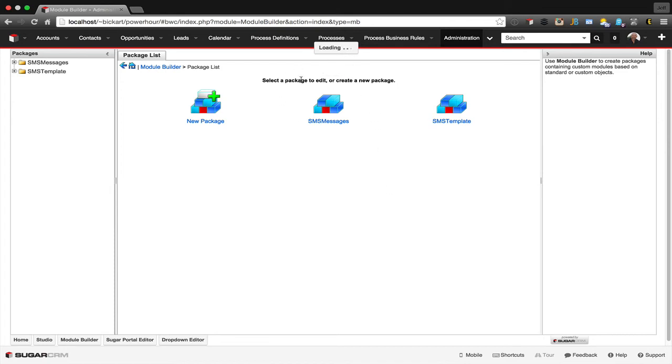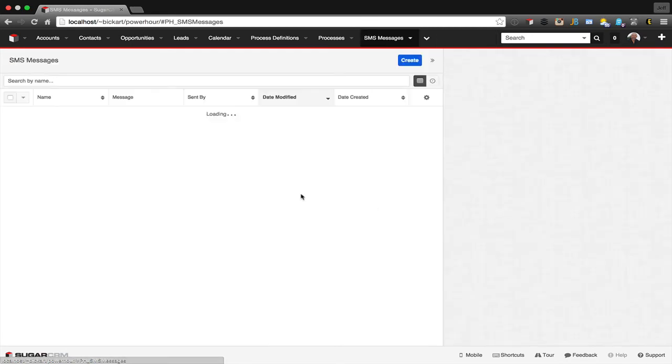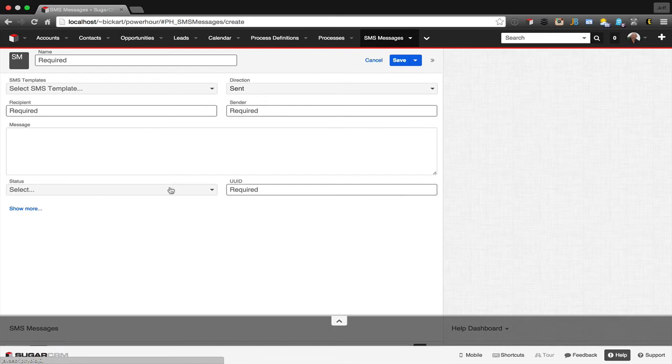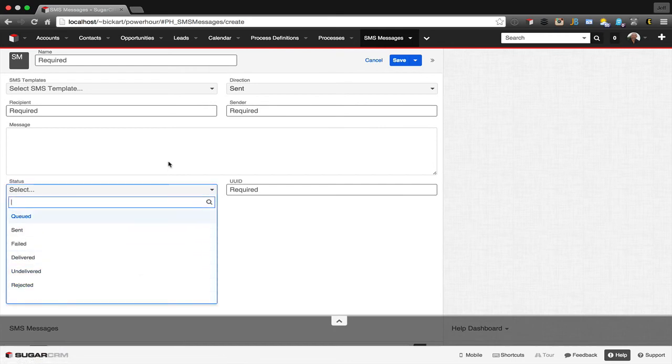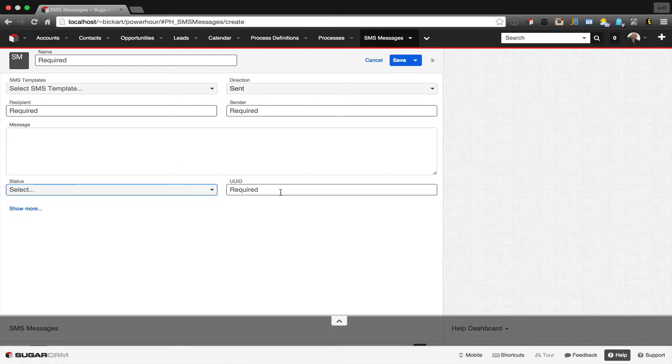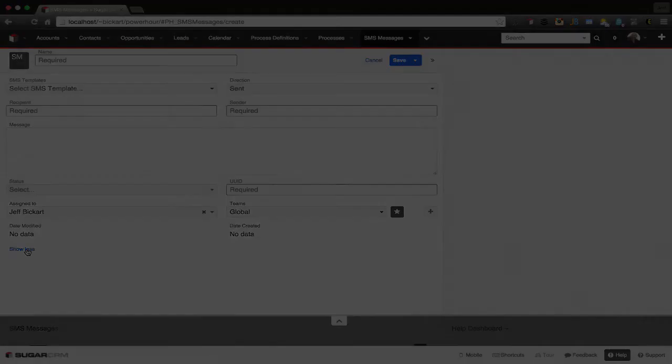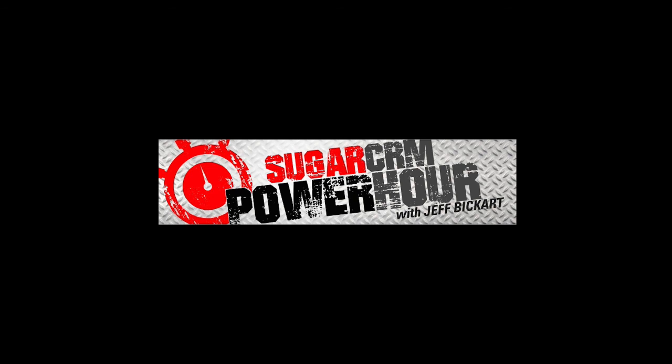And so it takes us back to Module Builder, so we can actually see again our module has been added, and we can go ahead and take a quick look at it. So again, these things are going to be changed so that we're going to put them in a different order, and we'll go ahead and take a look at the code in the next edition of the